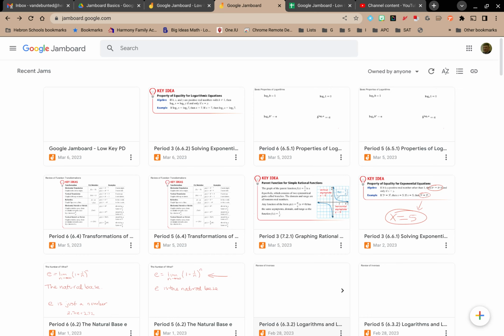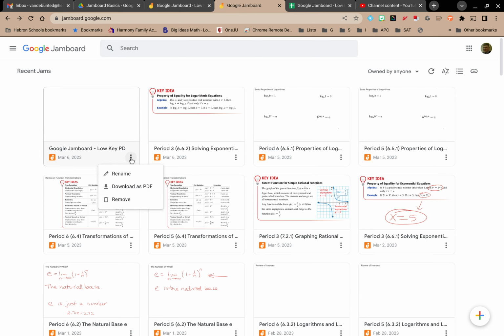In this video, we're going to explore how to manage your Jamboards. If you're at jamboard.google.com and you're on the home page, you'll notice the little snowman menu by each Jamboard, and if you hover over it, it says More Actions. Now, there's not a lot you can do from here, but you do have some very important options when you